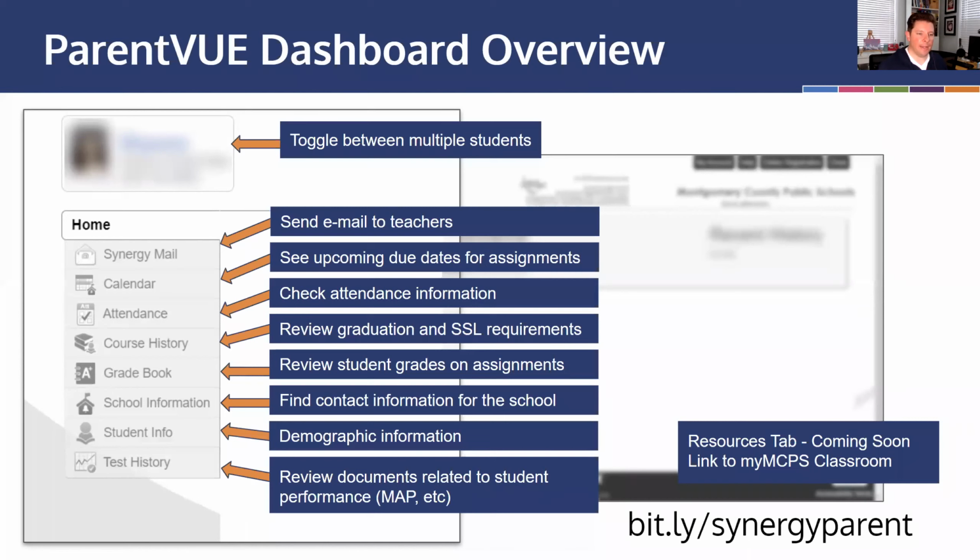And we've also added a resources tab, which is how you'll be able to access additional resources, including the link